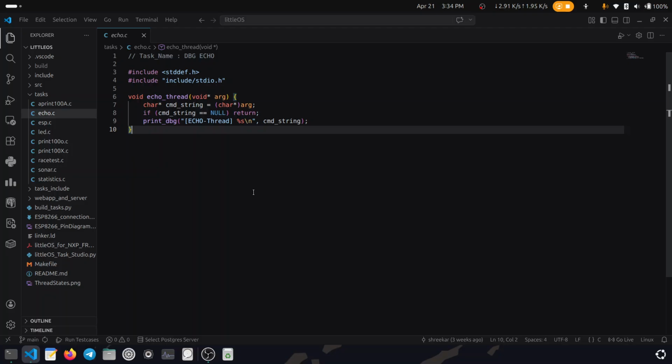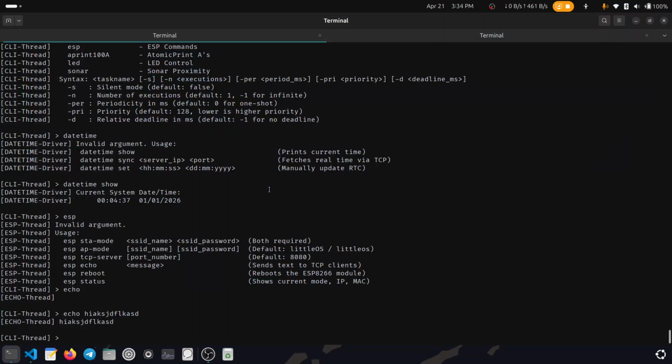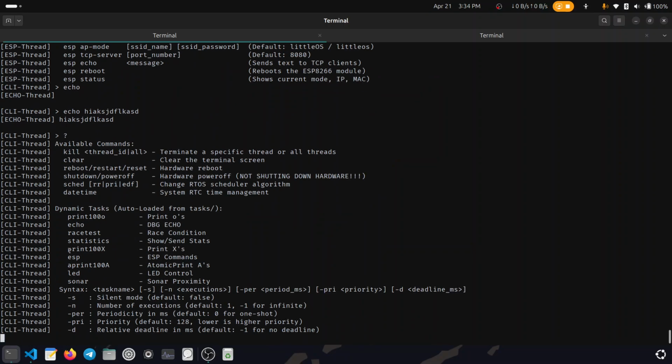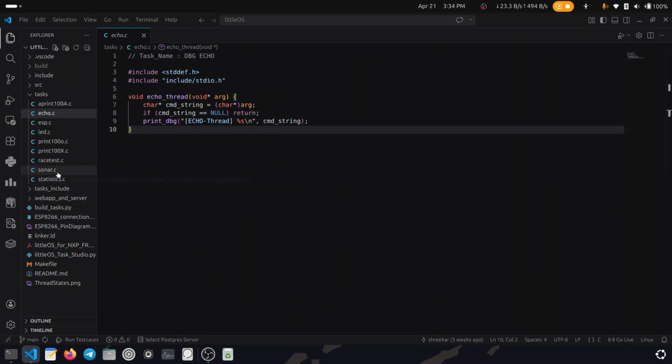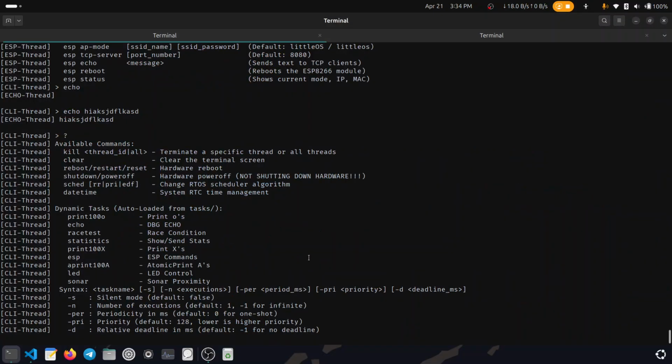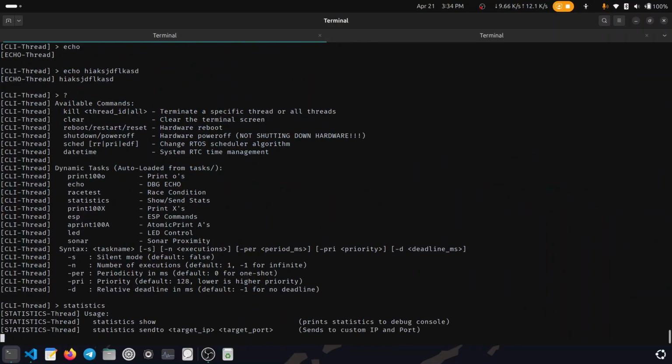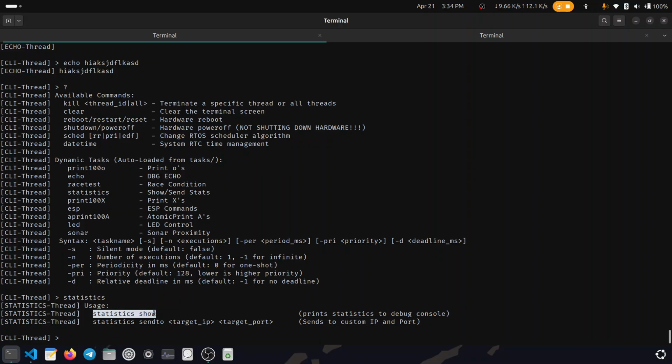And one more thing, there is another command called statistics. Statistics is a very helpful command, or you could say a very helpful thread. There is a code for statistics.c also. So if you enter statistics, it will say that you can show statistics, or you want to send your statistics to some target IP or remote IP, remote port. If I enter statistics show,